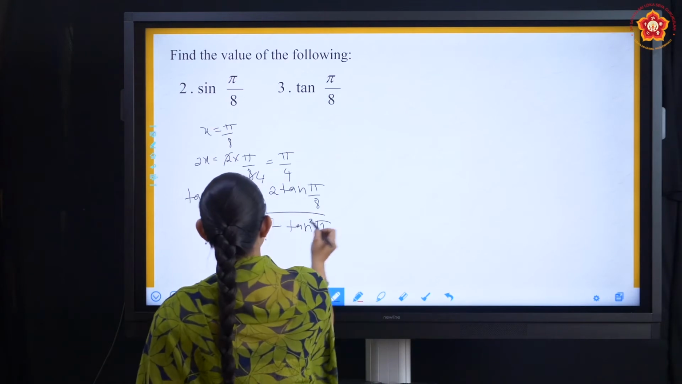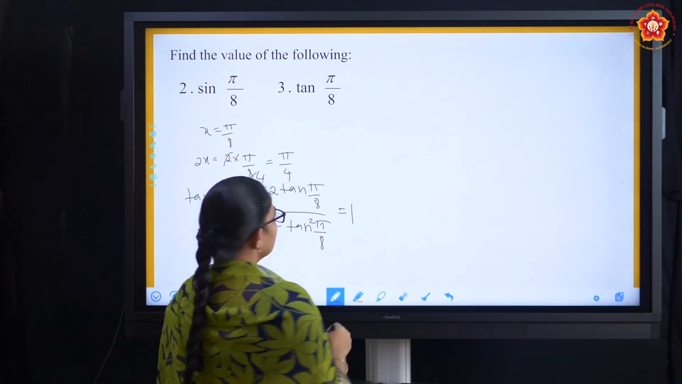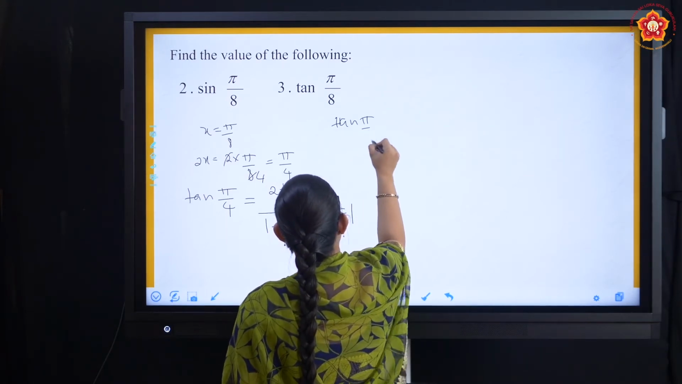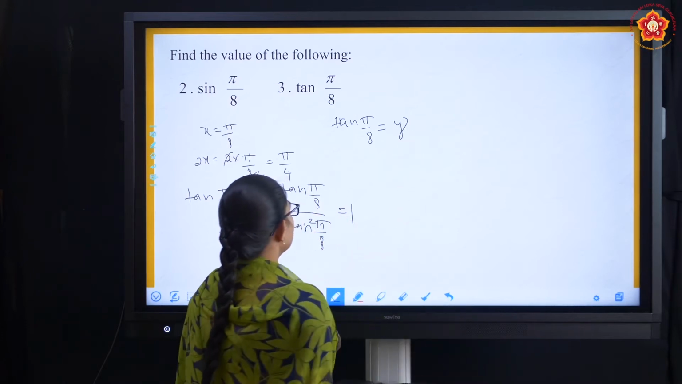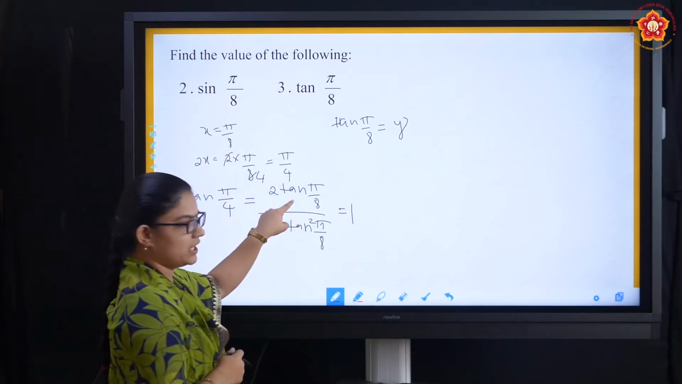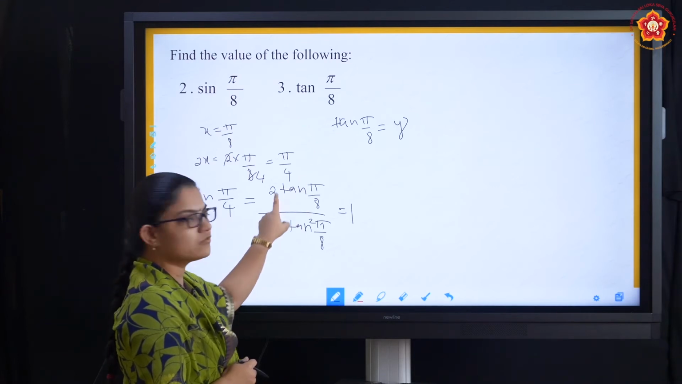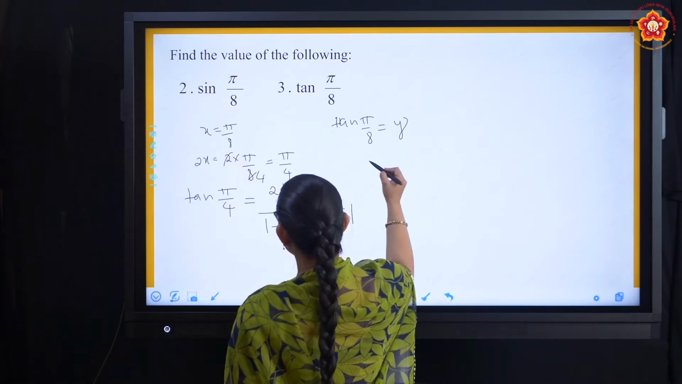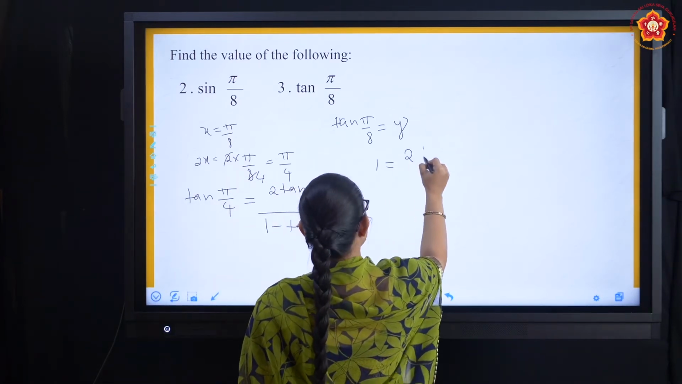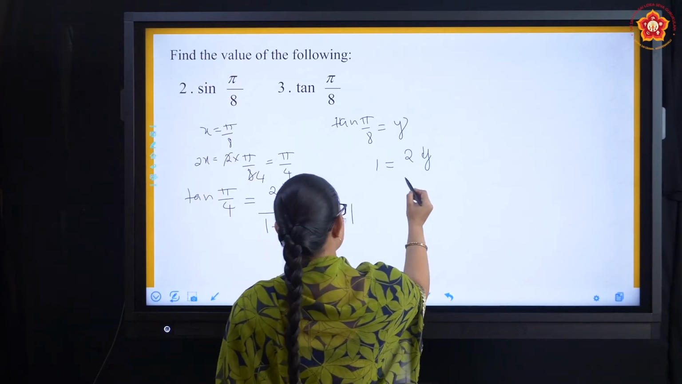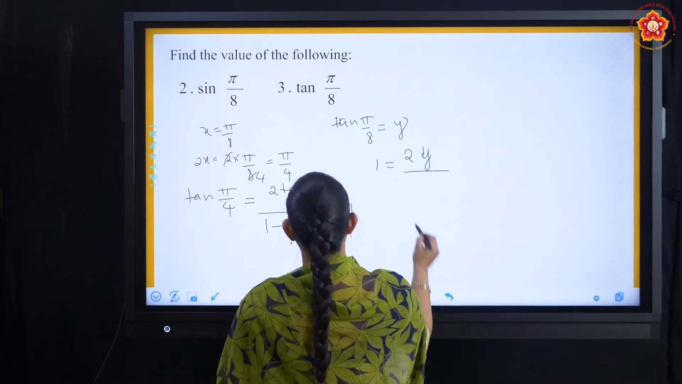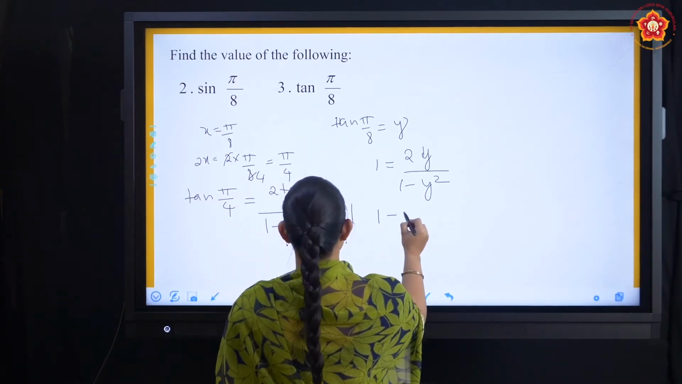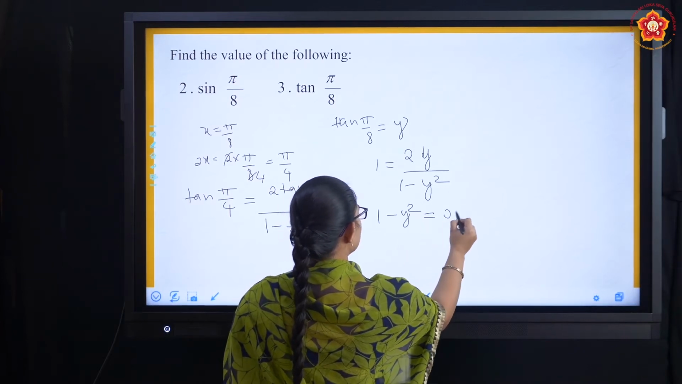Now tan pi by 4 we know that is equal to 1, and take tan pi by 8 as some y. We are making the substitution for tan pi by 8 as some y, and we are going to find that y value, that is tan pi by 8 value. So if I substitute in this, we have 1 is equal to 2y divided by 1 minus y square, or simplify this, that is 1 minus y square is equal to 2y,